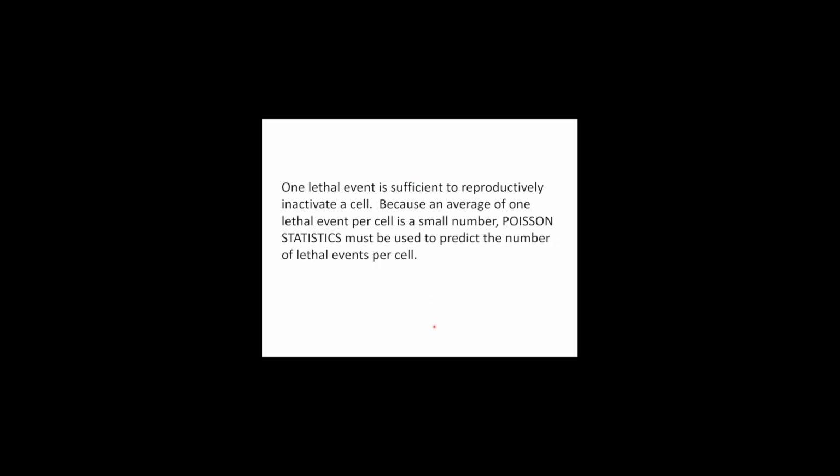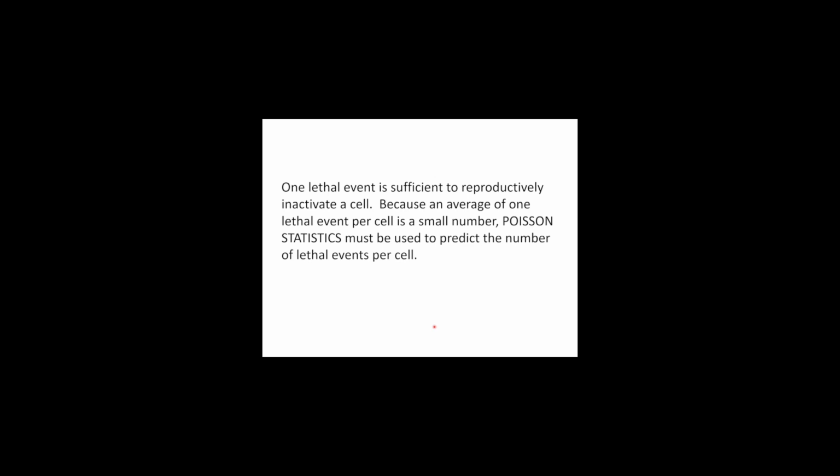I don't really think you need to spend a lot of time on it, but there are several things to know. High LET radiation produces these linear-like survival curves, and when we're using these curves, the D0 is where survival is going to be at 0.37. That's the definition. These are based in a Poisson distribution probability. I don't think you need to know all this work, but let me explain Poisson statistics for just a minute, because it's also going to be related to us when we talk about